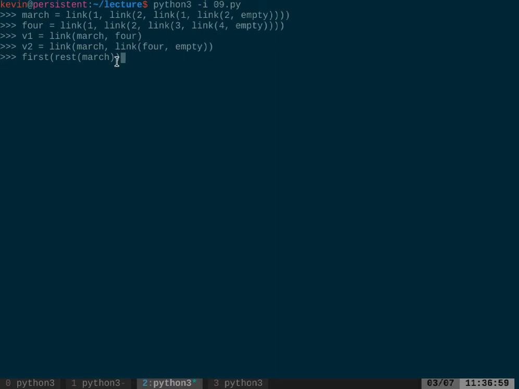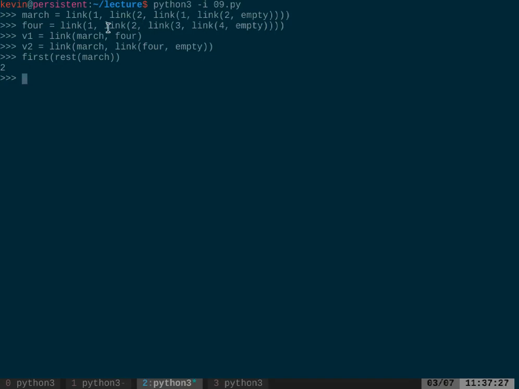And so if I wanted to do that same thing from v1, let's say this time I don't want to call it from March, but I still want to reach that same 2, except from v1. How might I compose that? Because we know the way this kind of works is I evaluated this one first, right? So maybe as an exercise, we can try first of v1, see what that gives us.